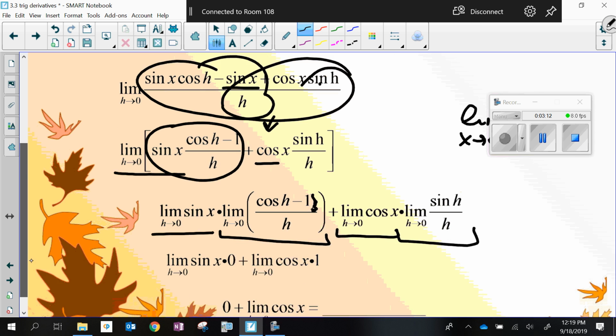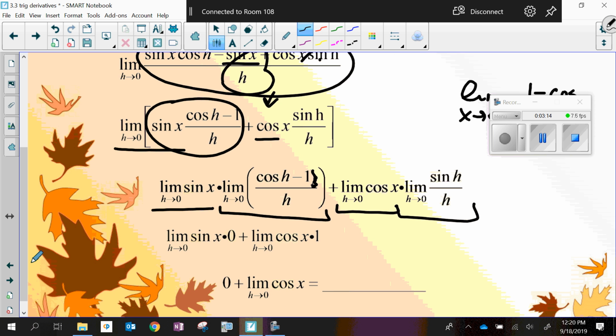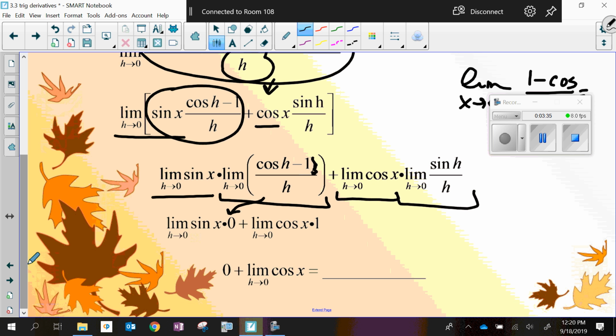Okay. So now you've got the limit of the sine of x. There it is. Here's this limit. That's 0. Just take my word for it. We'll look at it later if you're dying to. Limit as h approaches 0 of cosine times that limit is 1. That's the one we just talked about, right? Okay. Now, what is anything times 0? 0. And then the limit as h approaches 0 of cosine of x is,